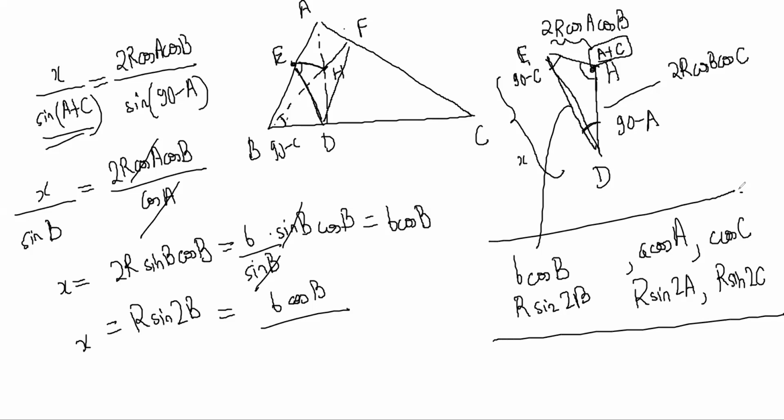So now we know sides and angles of the orthic triangle. Angles of the orthic triangle are pi minus 2A, pi minus 2B, pi minus 2C, right? And we also know the sides of the orthic triangle, right? So after this, everything else you can find. Whatever else is needed, you can find.